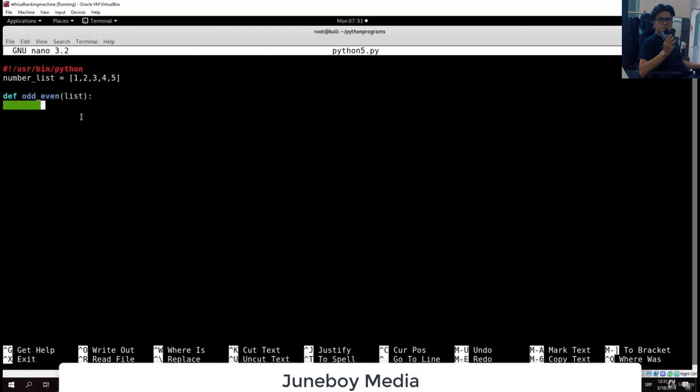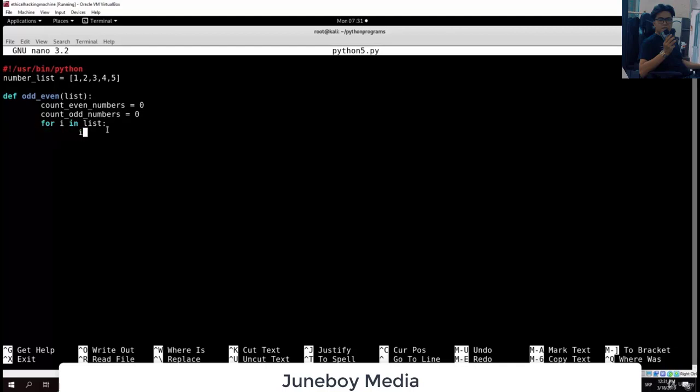Then we specify 2 local variables, which is count even numbers, and we set that to 0, and also count odd numbers, and we will set that to 0 as well. So we set basically 2 variables. One of them will count our even numbers, and one of them will count our odd numbers. So right now, let us for first time use the for loop in our function. So for I, for example, in list. So for I in the list that we specified in our function,